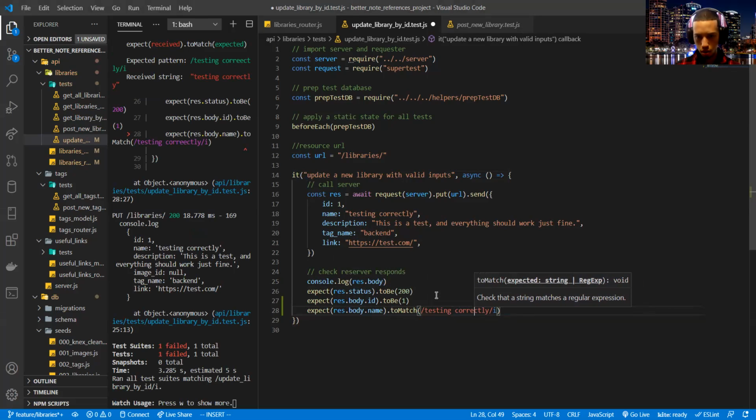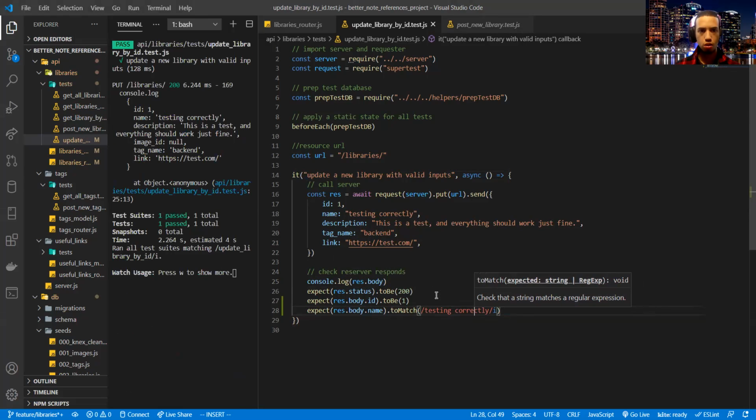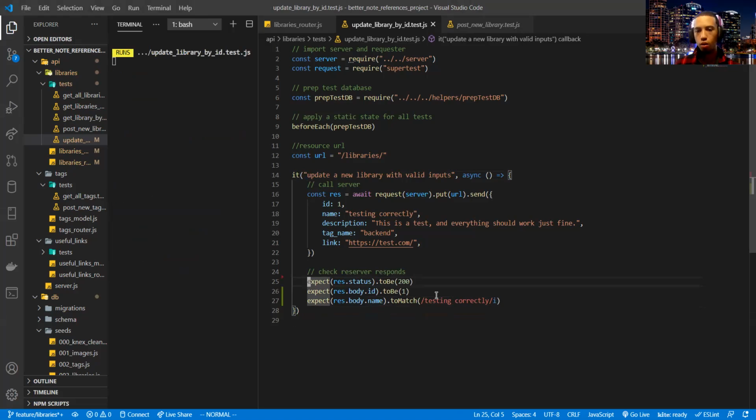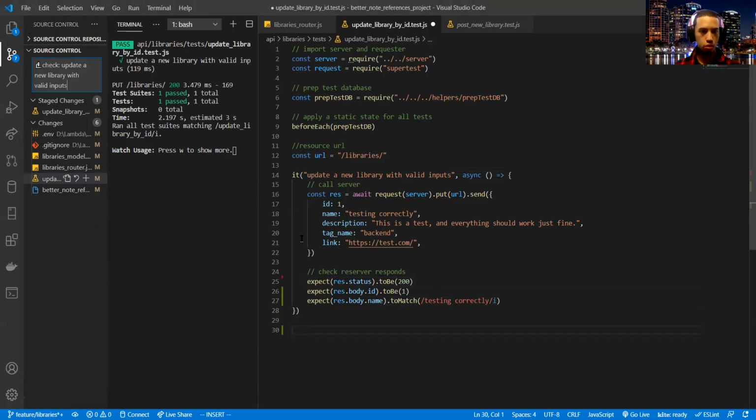Too many E's. Okay. So could delete this. Expected status, the ID and the name. That should be fine. Now let me go ahead and add it to the GitHub.